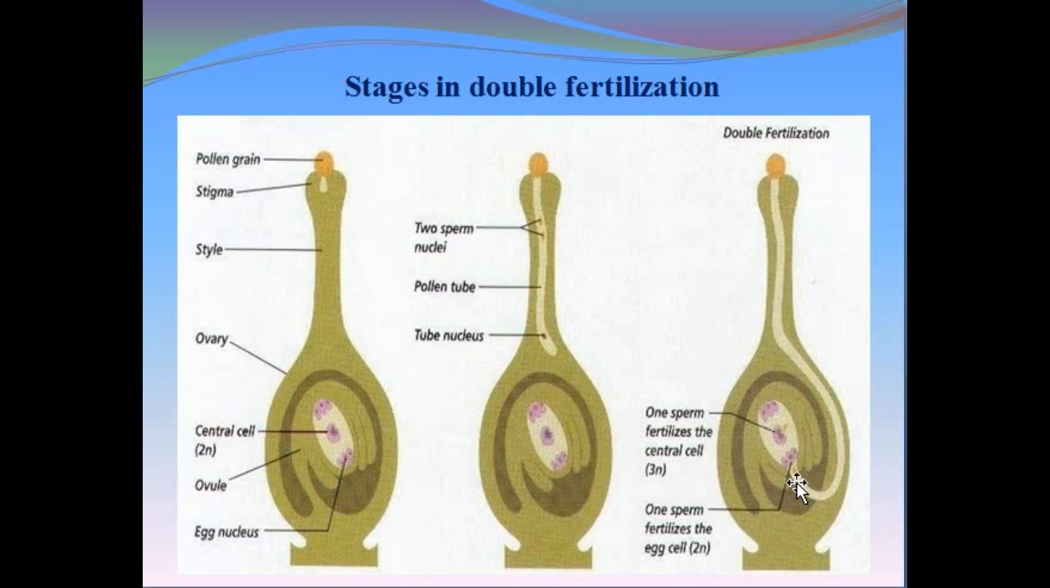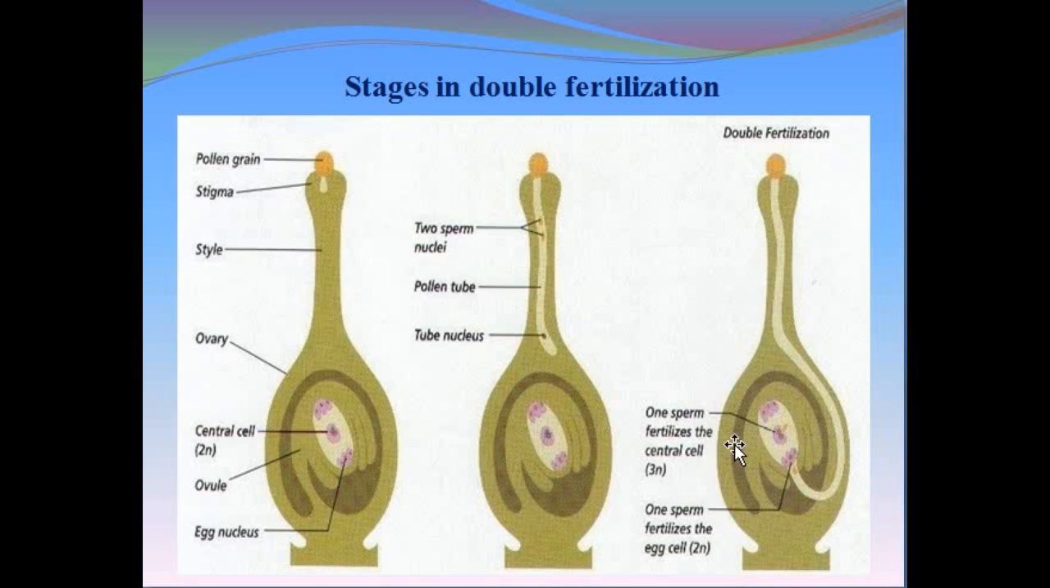Once the pollen tube reaches the ovule, according to the synergid's signal, it will discharge the sperm nuclei into the embryo sac, where one of the nuclei fuses with the egg cell to form a diploid zygote, and another sperm fuses with the polar nuclei to form a triploid